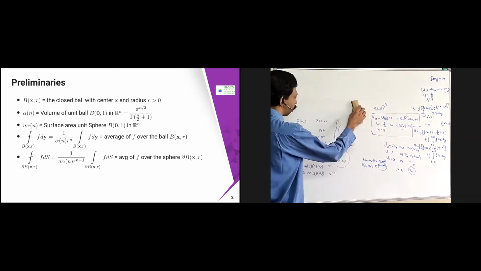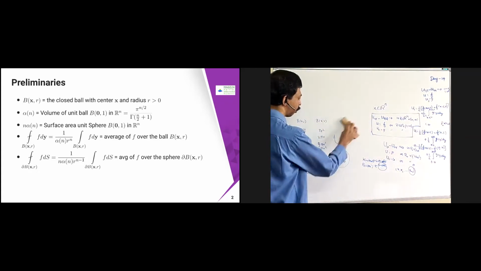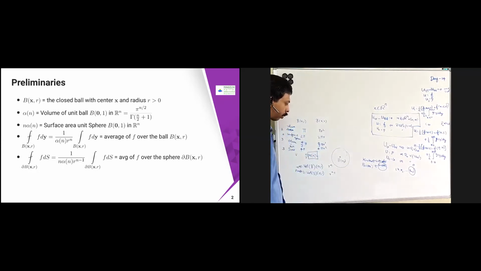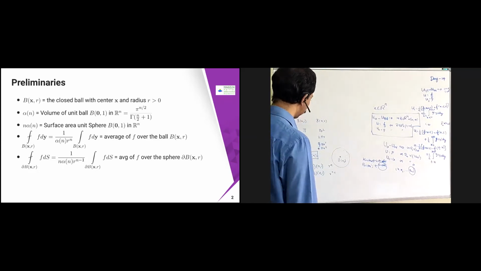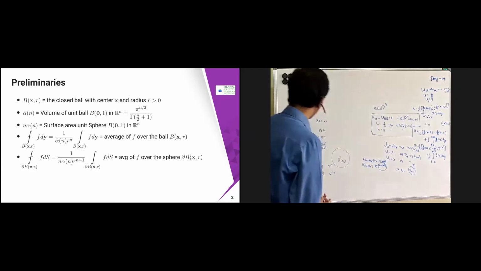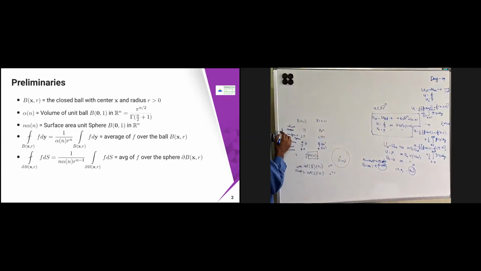Now there is one question. Sir, please repeat what you have mentioned. Like if it is 3, then it is 2; if it is 4, it is 3, like that. What is the volume of P of 0, 1? Volume means here 2 dimensional, I am just saying the area of the circle. What is the area of the circle? Pi r square. What is the surface area? Surface area means 2 dimensional, 2 pi r. Okay. 2 pi r is nothing but this one.